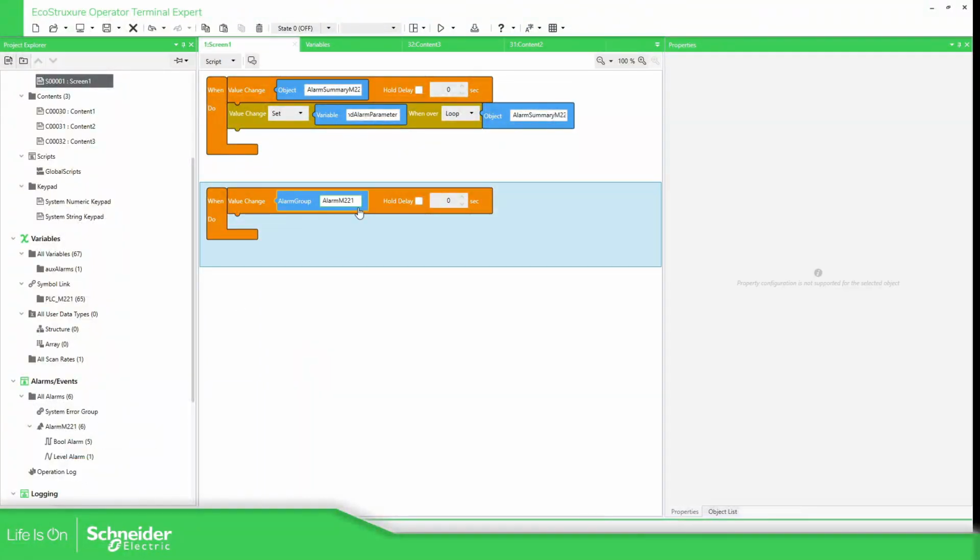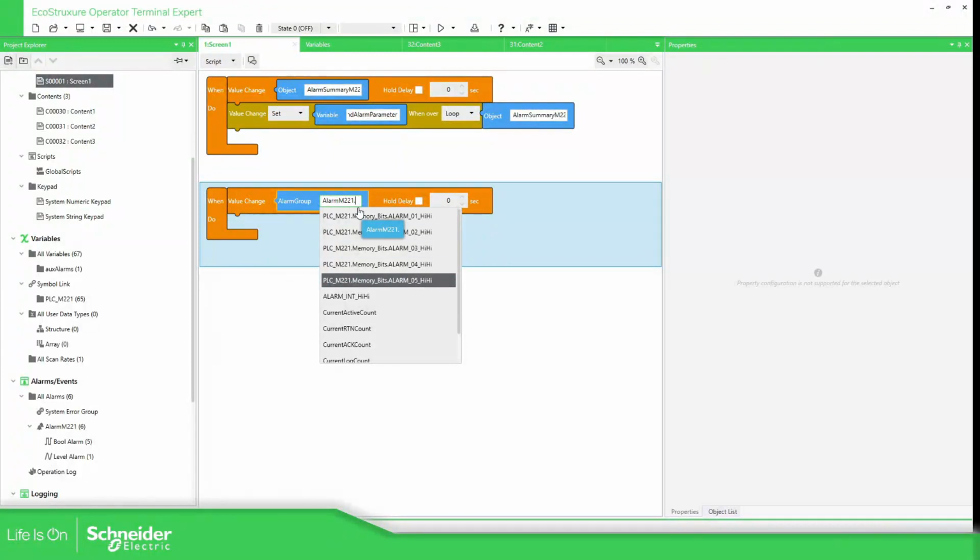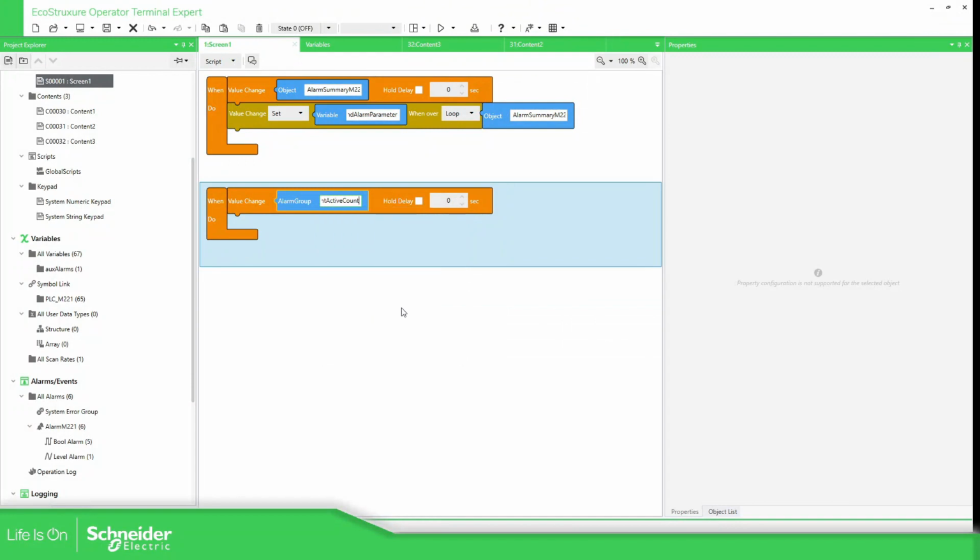Select this one, and then we have some options here. You can see the alarms that we have, and I'm going to select the current active alarm. Current active alarm. So if this one is bigger than 1, equal to 1 or bigger than 1, we just need to change the preference of the